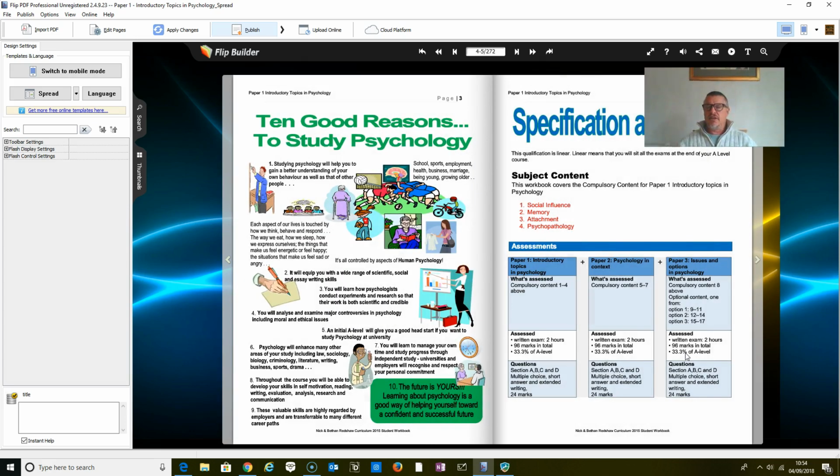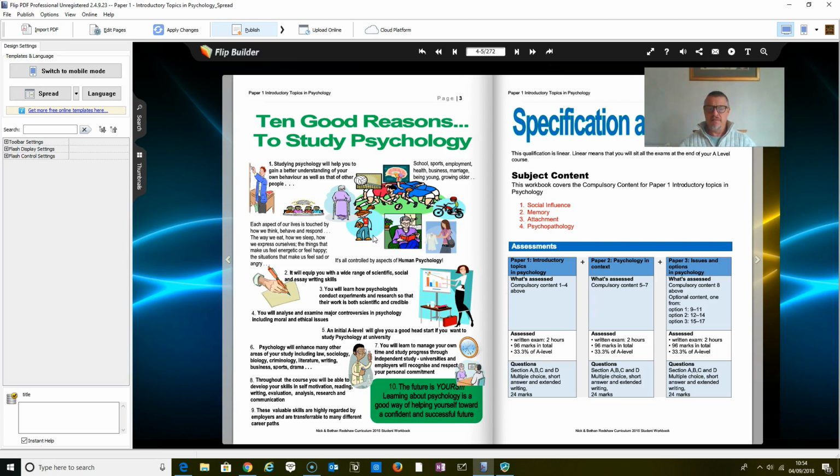Why study psychology? Well, we came up with this little idea, 10 good reasons to study psychology, and various associations like the Association for the Teaching of Psychology have used it, with our permission. Studying psychology will help you to gain a better understanding of your own behaviour as well as that of others. Pretty good, really. Good for the workplace, good for getting on with people, and so on. It will equip you with a wide range of scientific, social and essay writing skills,